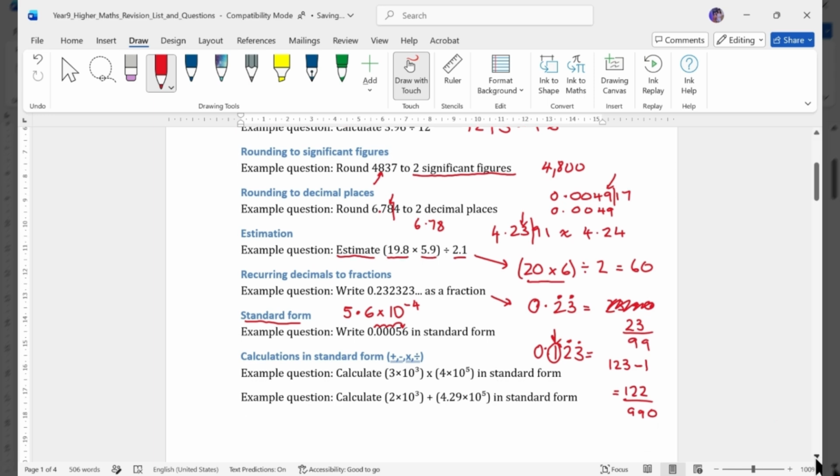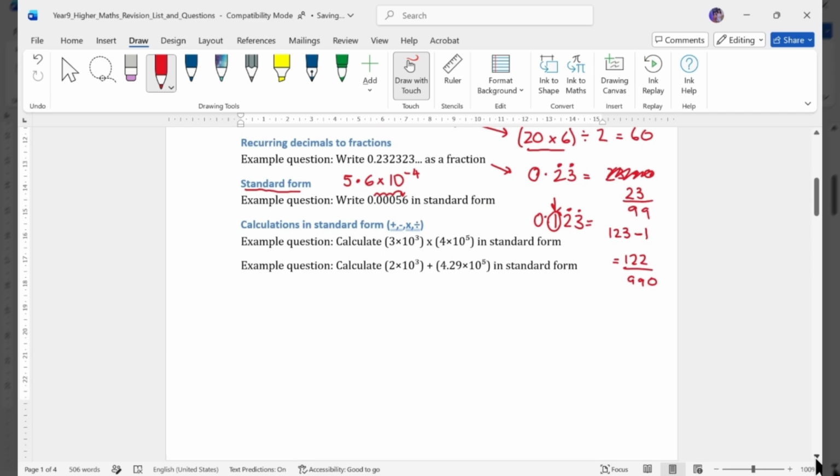Okay, calculations in standard form. Look, there are a couple of ways to do this, right? And if this is not the method you use, that's fine. If you're adding two bits of standard form, the best way is to take them out of standard form as numbers. So do 2 times 10 times 10 times 10, or 2 times 10 to the power 3. 2 times 10 3 times, plus 4.29